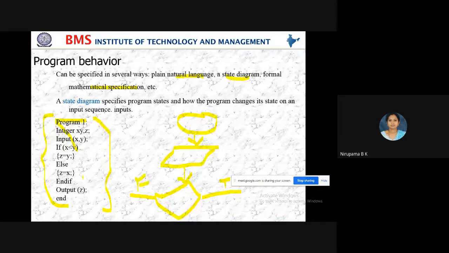Yes, this is a pictorial representation, a diagram representation. Students, you agree with me? The program behavior you can show in a natural language, you can show in a diagram format like this, and you can also show in a mathematical specification. Yes, you can show, no? Please respond.